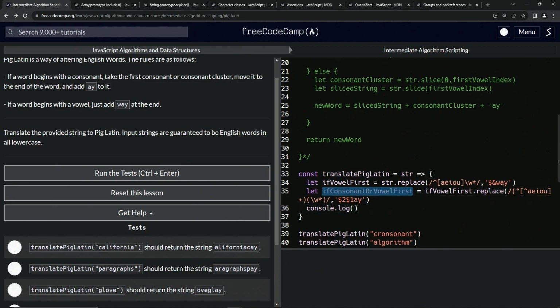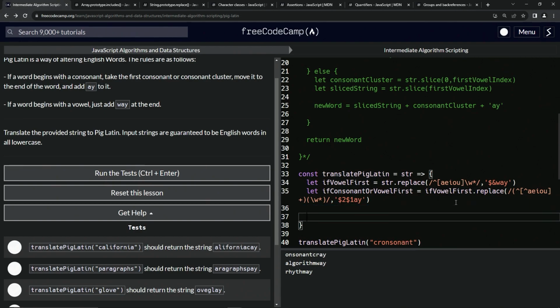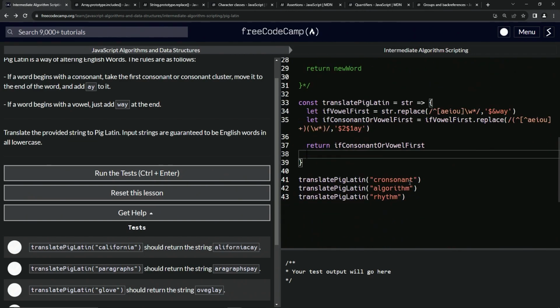So let's come down here and say console.log, this right here. We're just going to copy paste that. And you can see it takes care of everything just like that, right? So what we're going to do now is we're going to return this thing right here, right? And we'll come down here and we'll just wrap up consonant. Why not? Just to make sure it's still working. Whoops. Wrap that up in parentheses and say